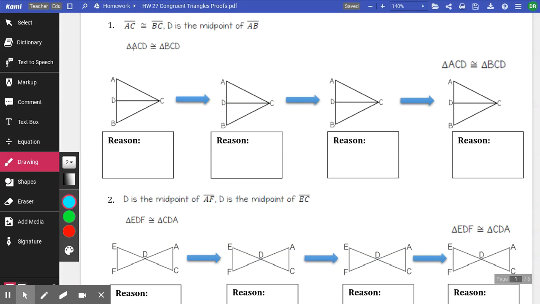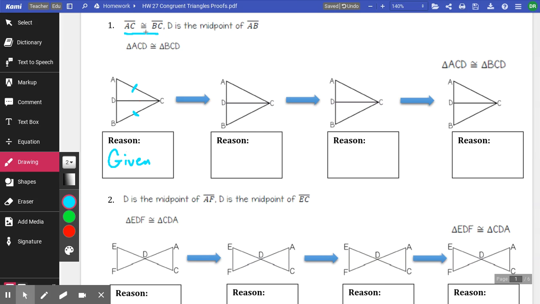First flow proof, we have two triangles that are sharing a side within a bigger triangle. And we see that there are two pieces of given information. One, that AC is congruent to BC. And since that's a congruent statement in this flow proof, we'll go ahead and show that those two segments are congruent in our diagram. The reason here is simply given, because within our given information, we were told that two